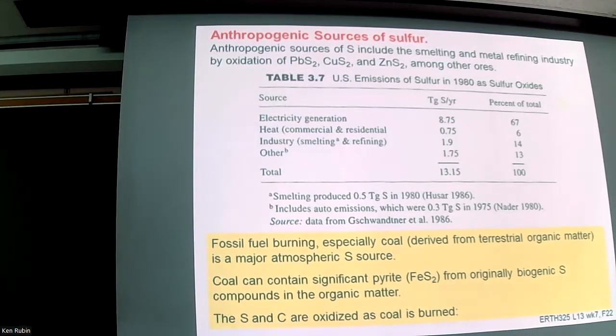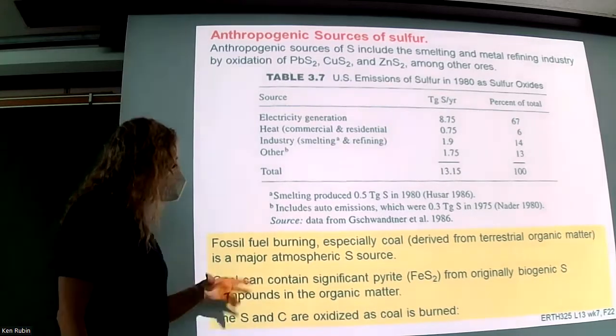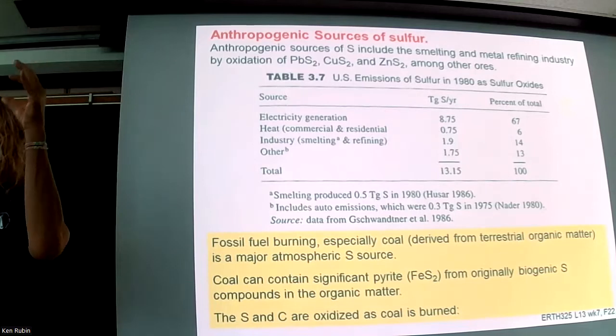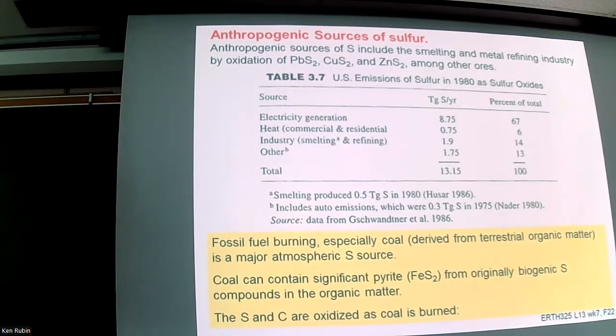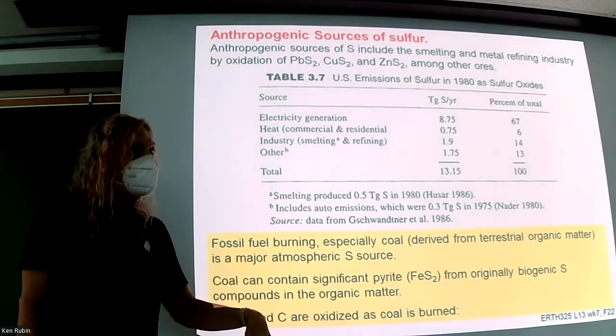It's something that can be oxidized and contribute to acid runoff from mine tailings. When this gets burned and emitted into the atmosphere, it puts various forms of sulfur that are either fully oxidized or partially oxidized into the atmosphere. If they aren't already fully oxidized, they get oxidized in the atmosphere and then come back to the land surface as